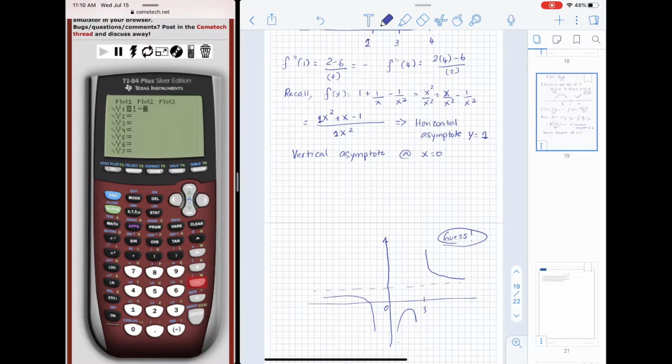So 1 plus 1 over x minus 1 over x squared graph. And the only part that we made a mistake was right here. And the function seems to go